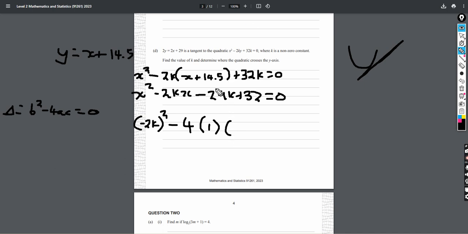Now c is, if we made that positive, minus 29, plus 32. And this equals 0, which means 4k squared minus 4 plus 4 times 29, 116 minus 32 times 4